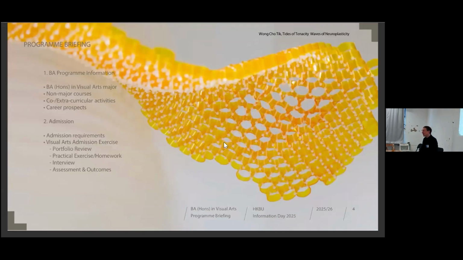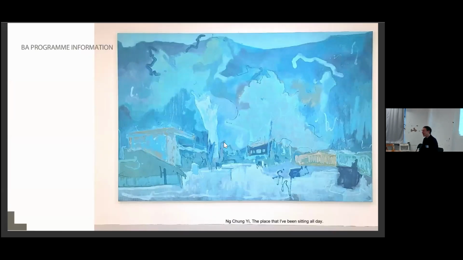So today I'm going to focus on two main areas: the program information, again, a brief general overview so you understand what the ethos and philosophy of our program is, and the intention that we have in our lessons. And then we're going to do the admissions requirements. So I'm going to briefly run you through the admissions procedures and the important dates. So I guess the important dates will be the most important element for you. That will come at the end, so you stay all the way. So in terms of program information,